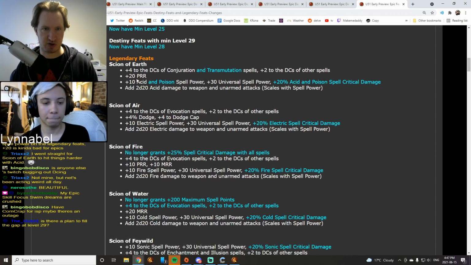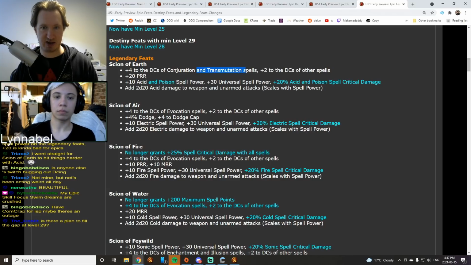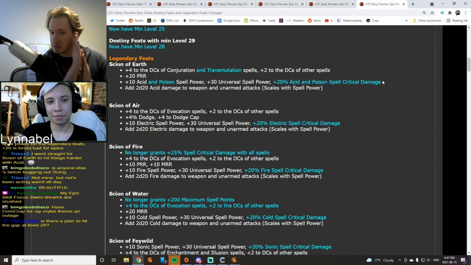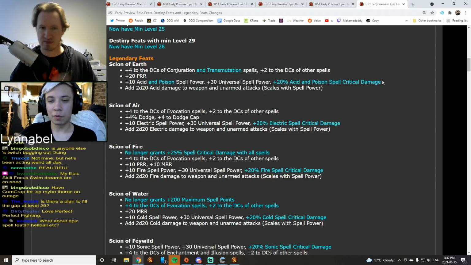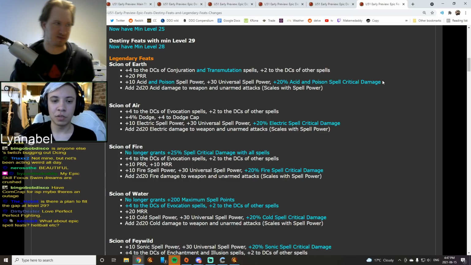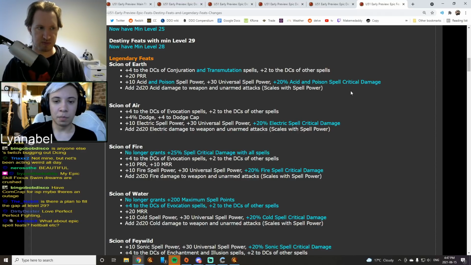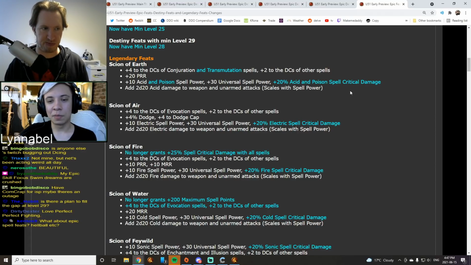Legendary feat, Sign of Earth. Now is Conjuration and Transmutation spells. It also adds Poison DCs and 20% Acid and Poison crit damage. Yeah, we really wanted to put Transmutation somewhere. And originally we put Poison with negative because of how the items worked. But thinking about it, with the benefit of hindsight, Acid and Poison are a little closer to the same thing. And Conjuration, Transmutation are like,